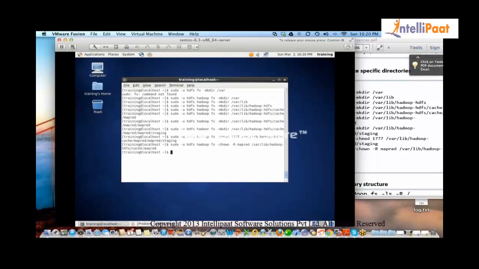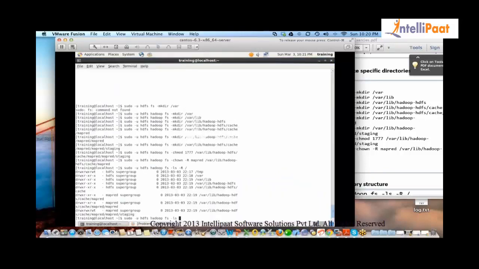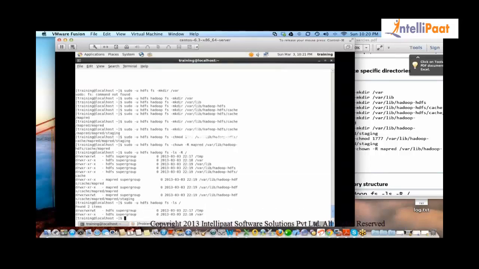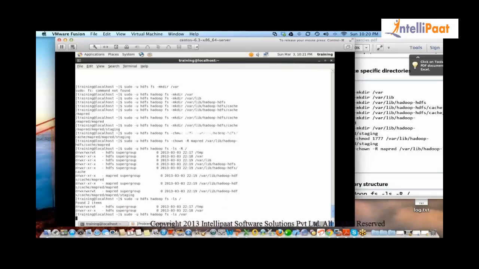If you want to check these directories and their contents, that's the next command in the PDF: sudo -u hdfs hadoop fs -ls. If you just do -ls /, you will see temp and var. If you want to see what is inside var, you will see lib.